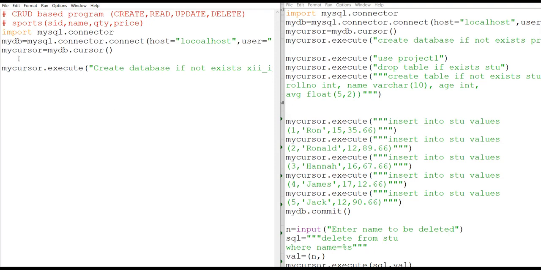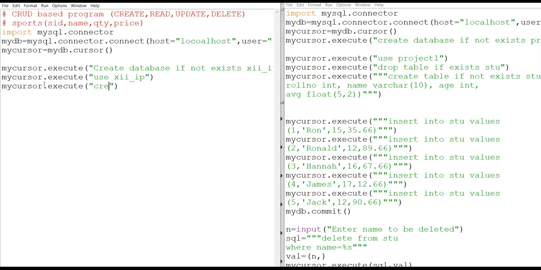Then I'm copying the statement, and after this we have to use that database, so it is use, then your database name, that is 12th IP. Once this is created, I need to create the table, that also if not exists.